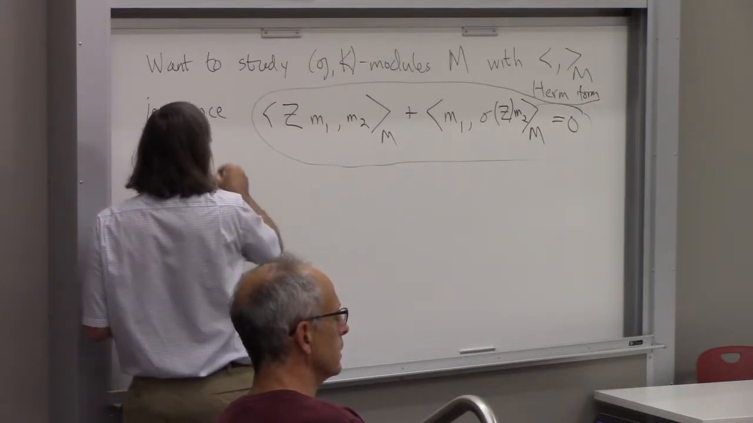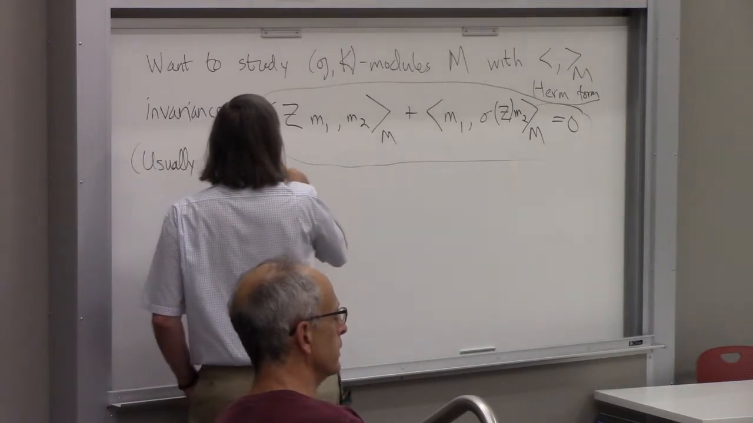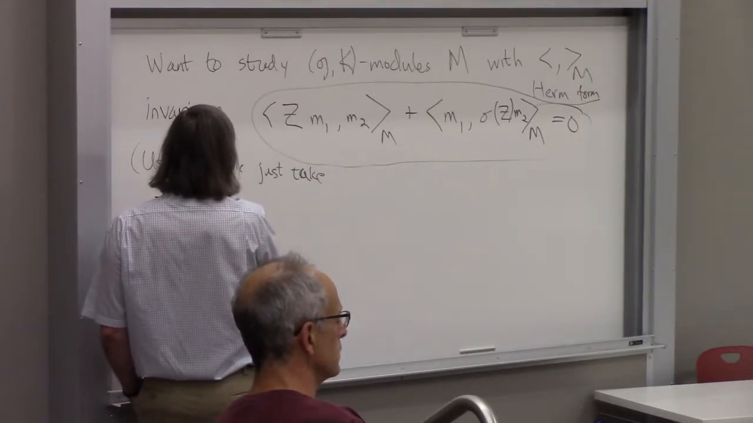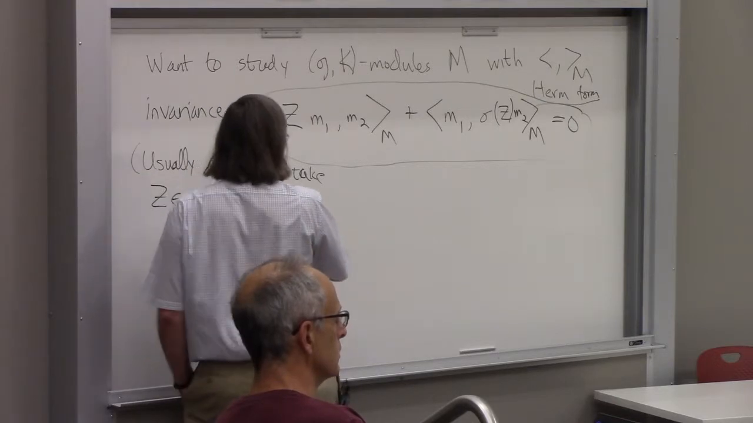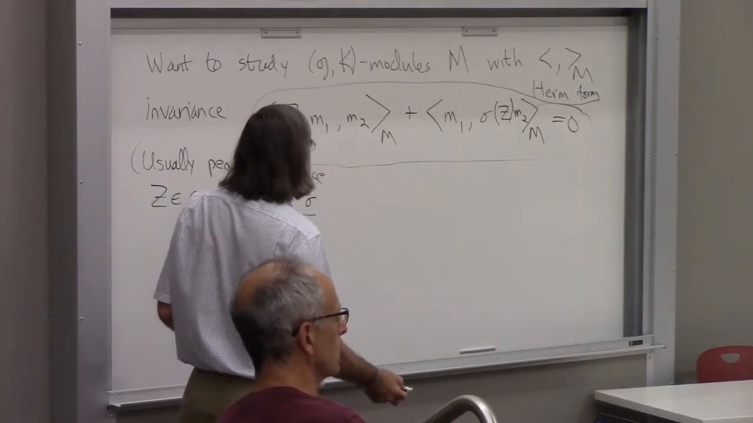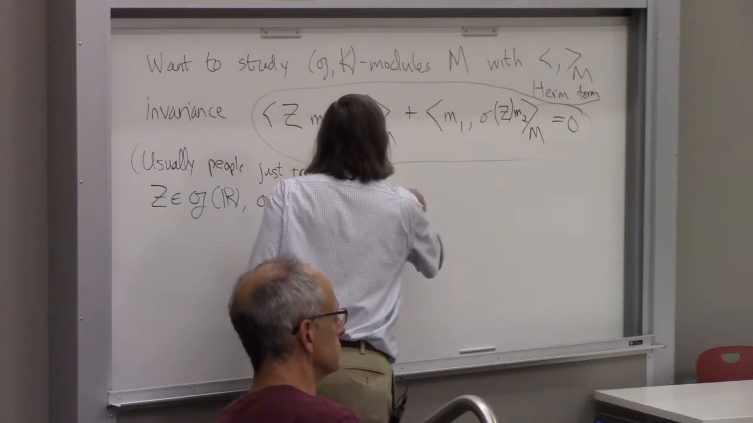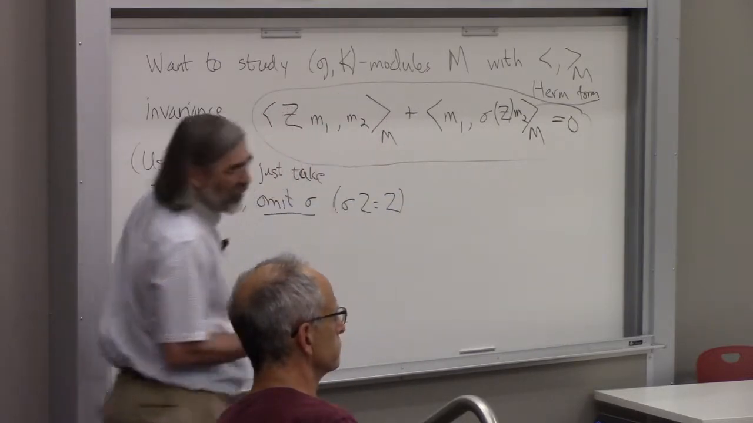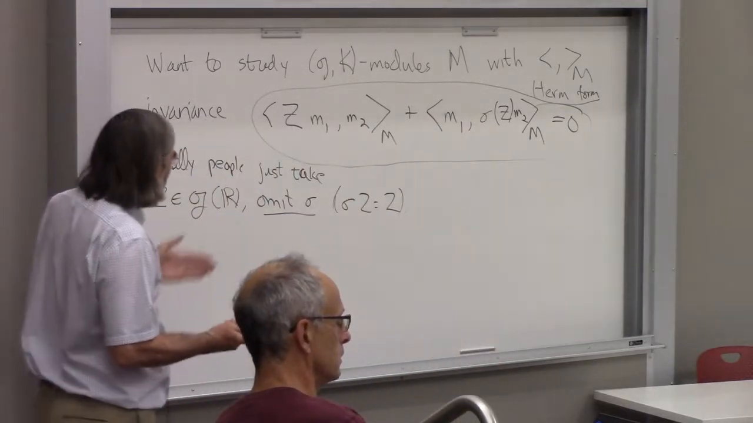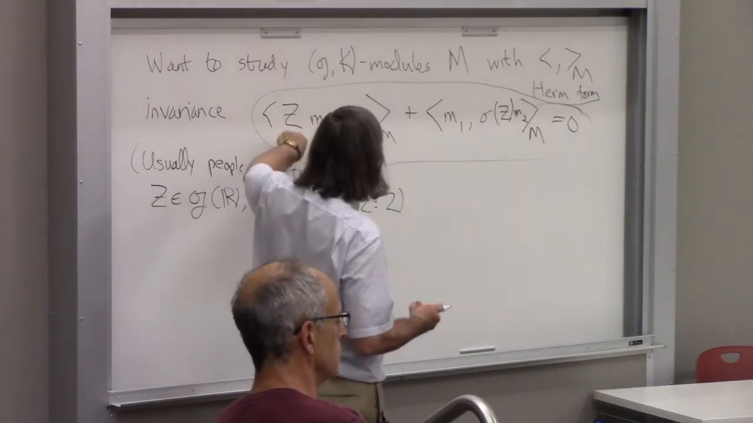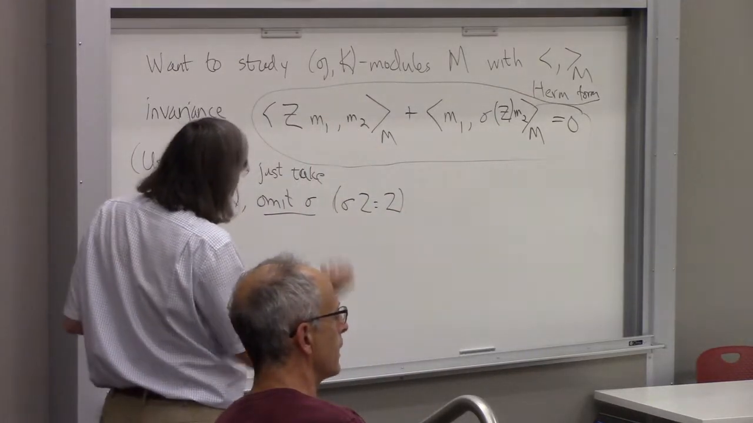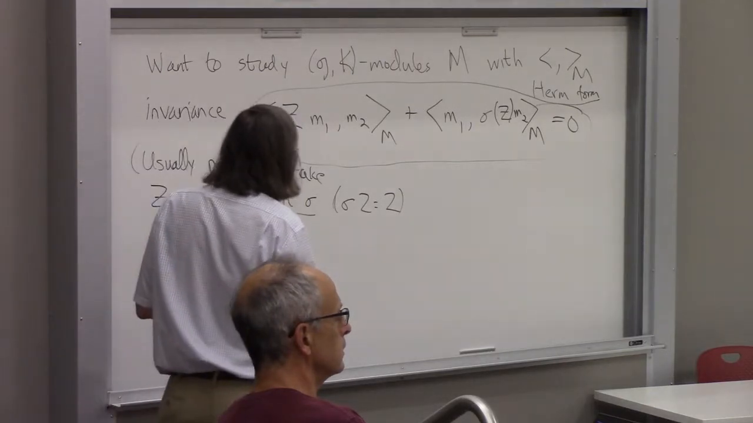So usually what happens is that people just look at this equation for Z in the real Lie algebra, and if Z is in the real Lie algebra, you can omit the sigma, well, because it's fixed. But we're taking this strong point of view that complex is better, that always we should have in mind just an action of the complex Lie algebra, and so I want to write the condition like that. And